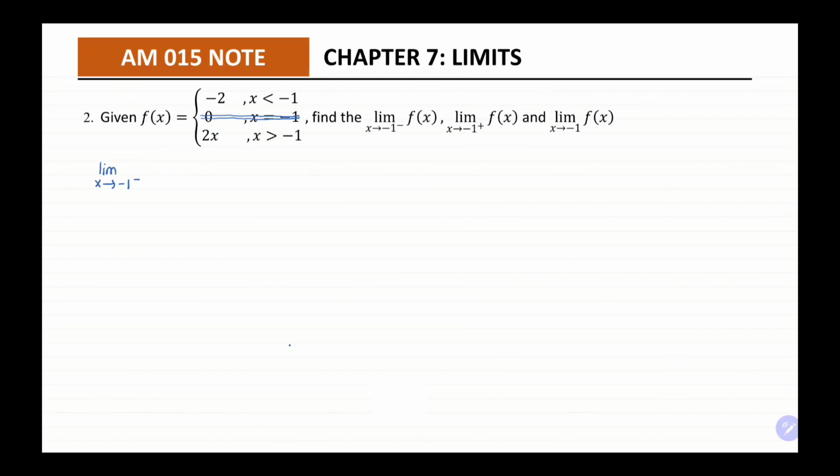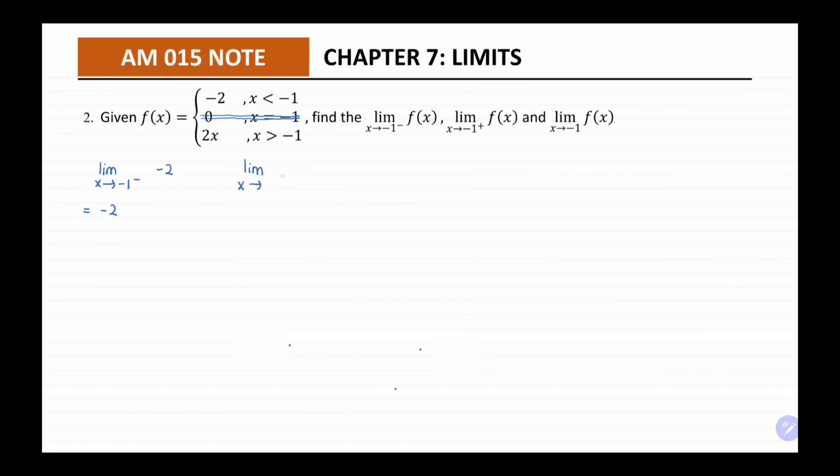Negative 1 from left means we use the function where x is less than negative 1. So the function is negative 2. Since the function doesn't have x to substitute, we just copy negative 2. Okay, then we find the limit